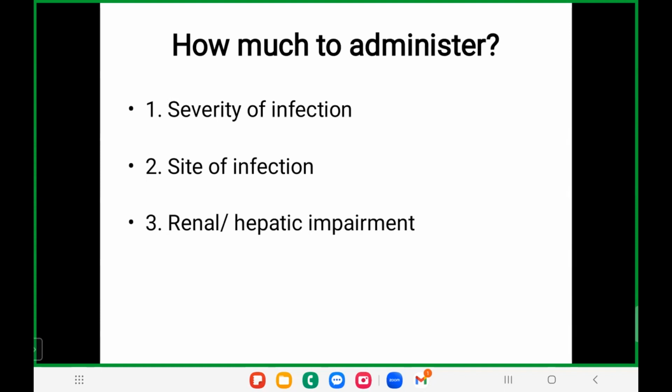If you have renal or hepatic impairment, beta lactams are mainly renally eliminated, so you need to cut down the dose based on your creatinine clearance. And some drugs can have hepatic clearance, so in hepatic failure you need to decrease the doses. And one situation I want to highlight here is augmented renal clearance. In early sepsis, where your renal function will be augmented, you need to step up the dose of the antibiotic so that the elimination is matched with the dosing.